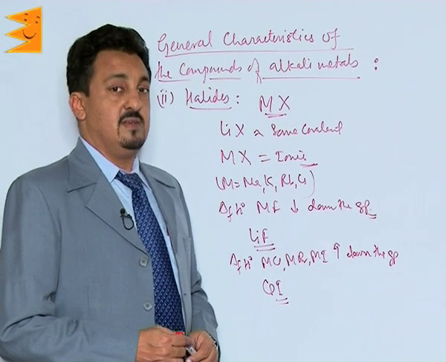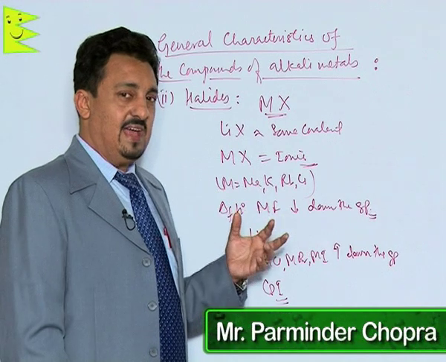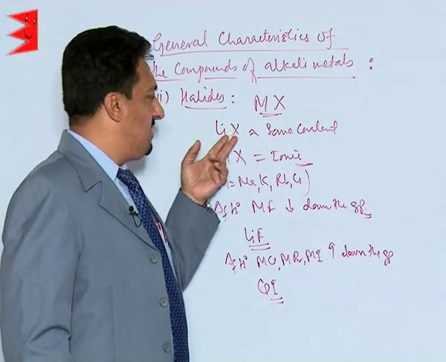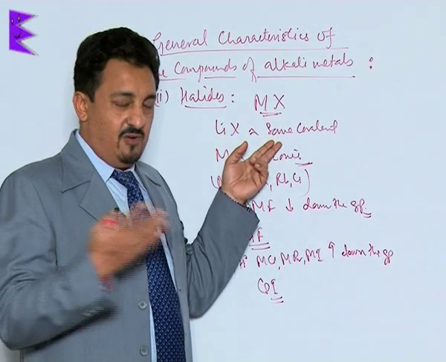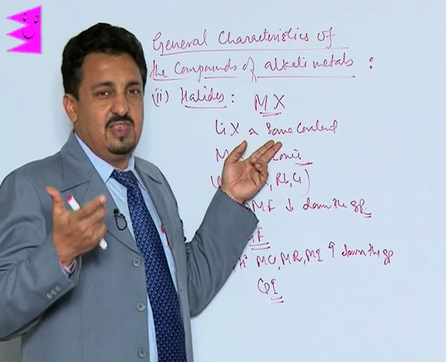Then let us see the general characteristics of the halides. The halides of the alkali metals have the general formula MX. The halides of lithium are somewhat covalent. We have already discussed why: lithium, being the smallest in size, has a very high polarizing